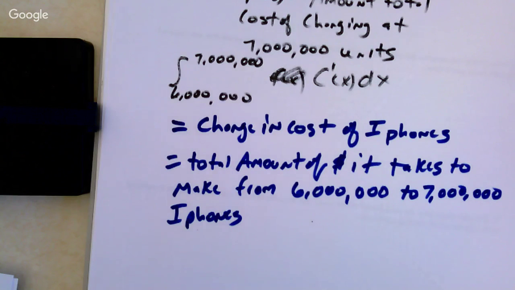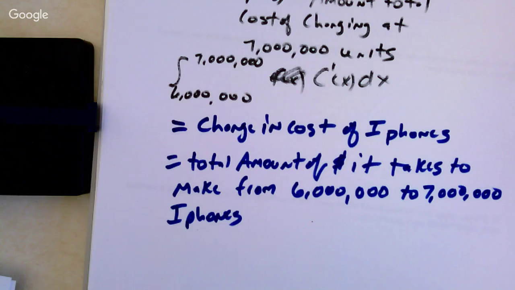Product testing, yep, because they got to do that to sell the first one. Probably don't have to do more product testing to sell another million of them. Brent? You need a plus C. Plus C? That's just accounting for all that extra charges. It would be, but remember when we have the definite integral, that's not going to be a part of it because we're going from 6 to 7. But you're absolutely right. That would be the plus C that it cost us to make the first one. Good understanding of what that means, though.